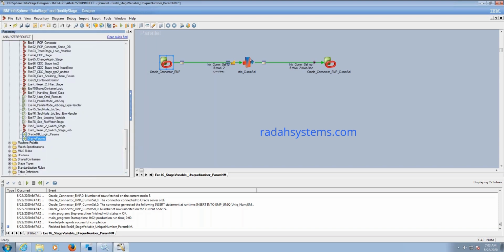Okay, so this is the parameter set we have created. So this can be called in any other jobs, n number of jobs. Yes, that's what I was asking. Here you created Oracle params, right? It is not job level, right? This parameter set is for project level. Runtime job parameter is for job level. Okay. Now your doubt is clear.